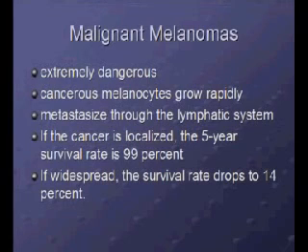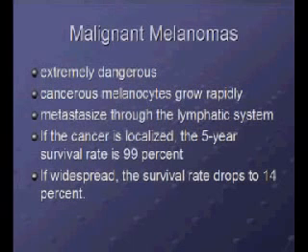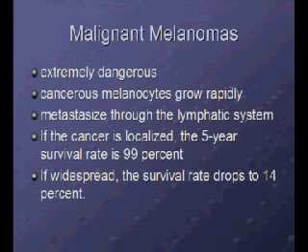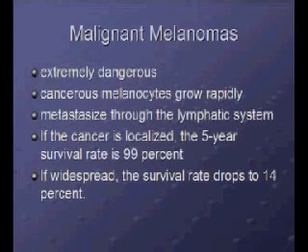Now, at the time of diagnosis, if the malignant melanoma is widespread, in other words, it's not only involving the integumentary system, but may involve another organ system as well, the lungs, the liver, multiple remote lesions in the integumentary system, then the melanoma is considered to be widespread, and the survival rate drops to 14%, meaning that of 100 people diagnosed with widespread malignant melanoma, in 5 years, only 14 will be alive. Hopefully that will indicate to you the importance of